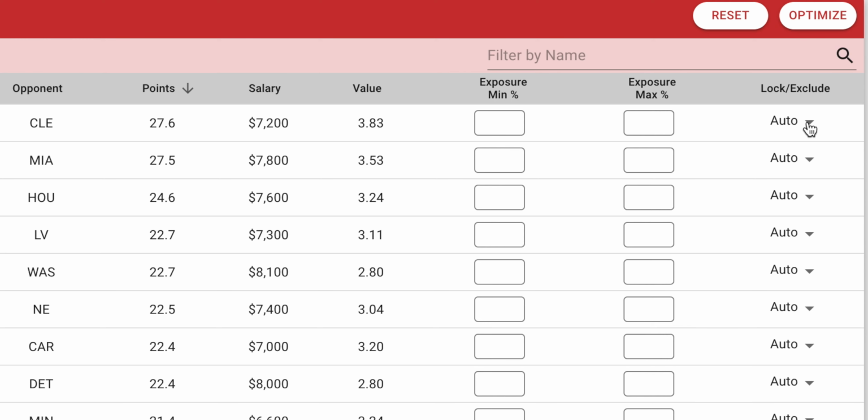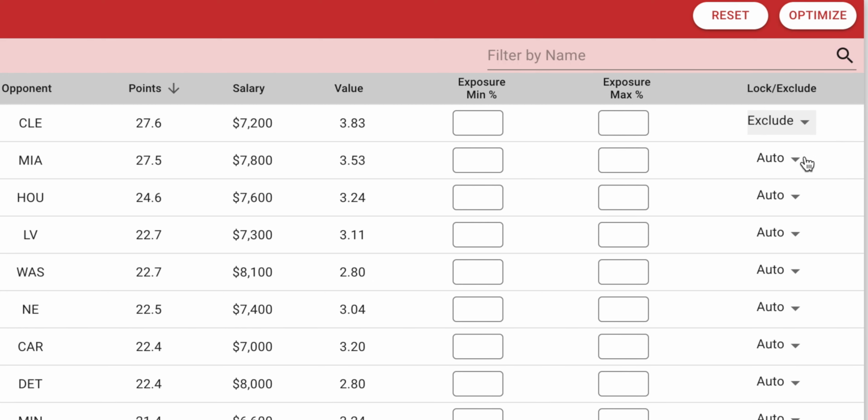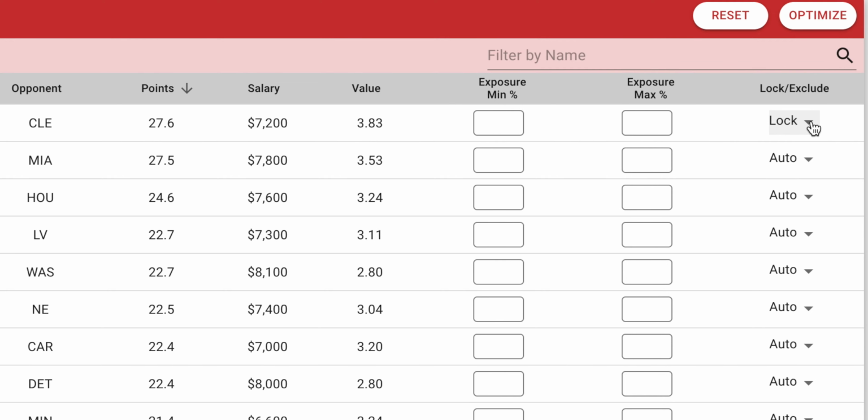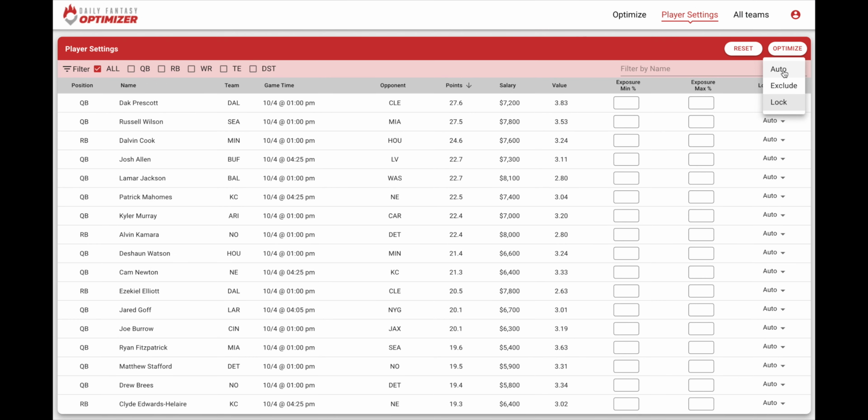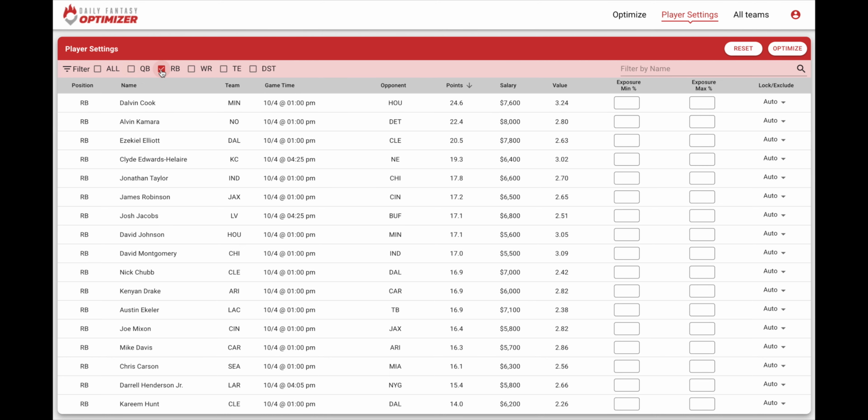Also over here, we can tell the optimizer to just proceed as normal, which is auto. We can tell the optimizer to exclude a certain player from every lineup. And we can also tell the optimizer to lock a player into every lineup. So no matter what, if I want